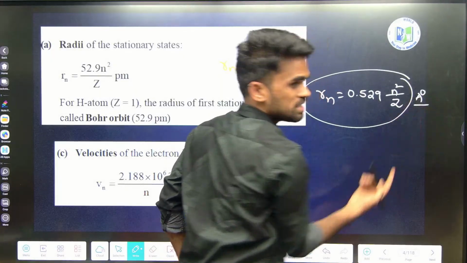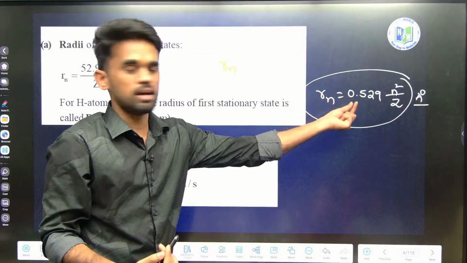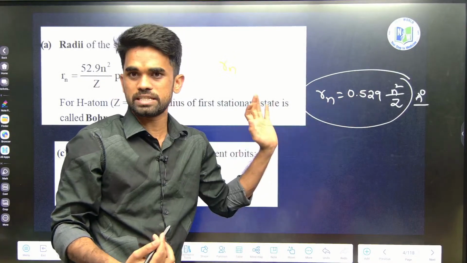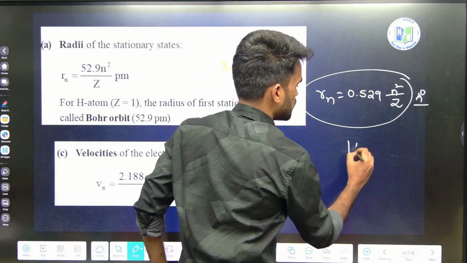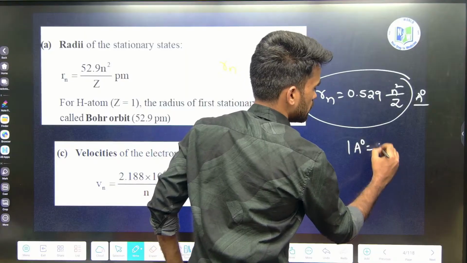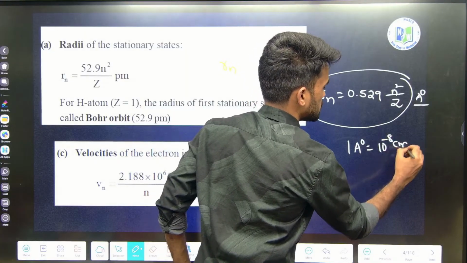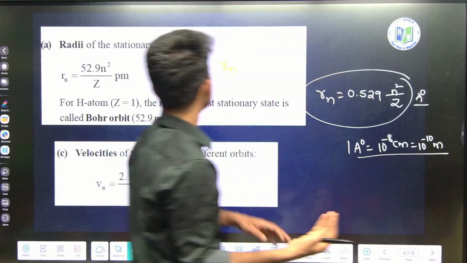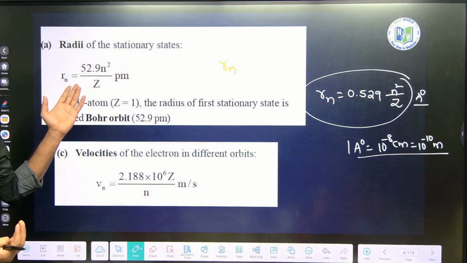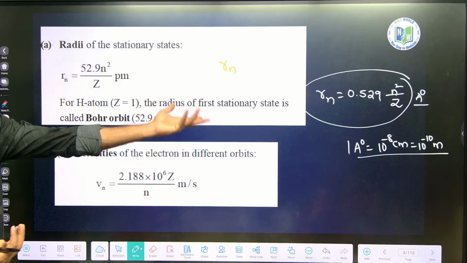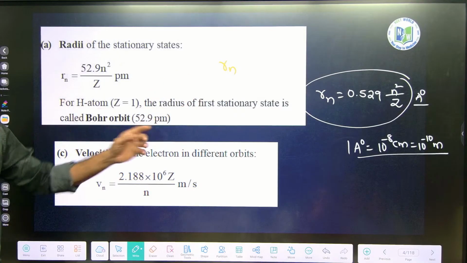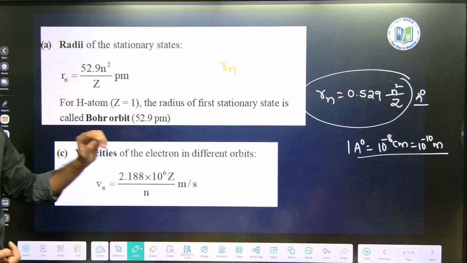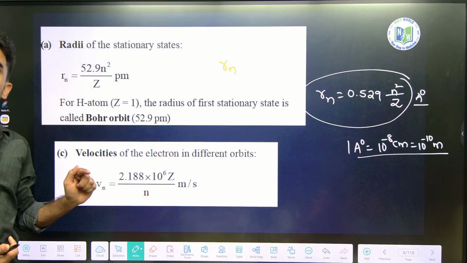Now if the units change, the decimal numbers in the formula also change, because we know 1 angstrom is 10 power minus 8 centimeters or 10 power minus 10 meters. Like that we can say in picometers, nanometers. If they change, you need to change the value, I mean the decimal numbers, that's it. Okay, radius is done. Velocity formula,